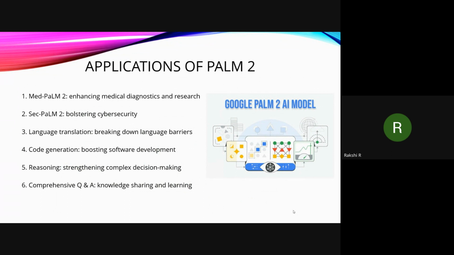Okay. The next application, after code generation, is reasoning, which helps in strengthening complex decision-making capabilities. In that, we have two sub-points. One is expert decision support and the other is scenario analysis. In expert decision support, sorry,